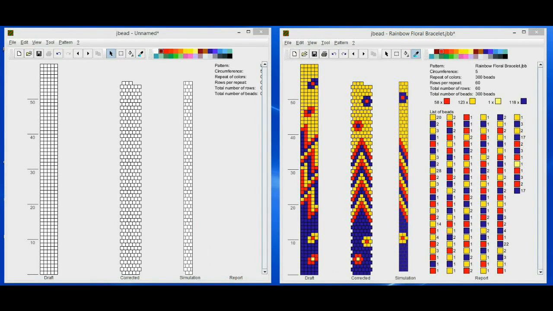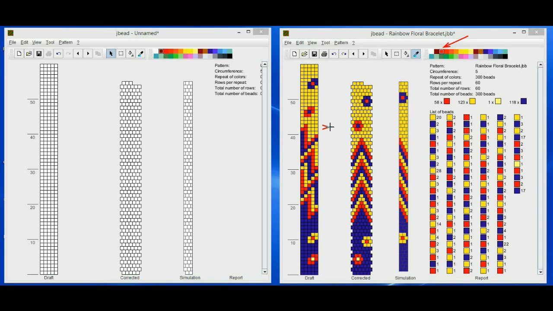The pipette tool is used when you need to know what color a square is. For example, currently this shade of red is activated on the color chart.